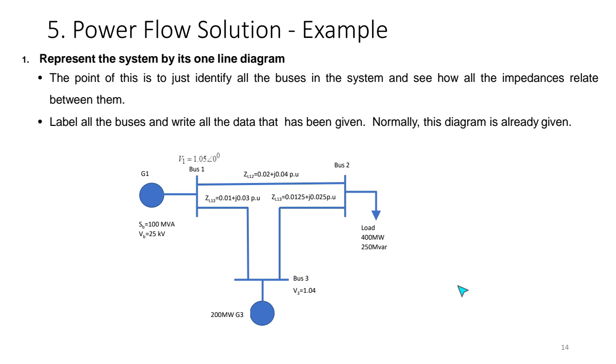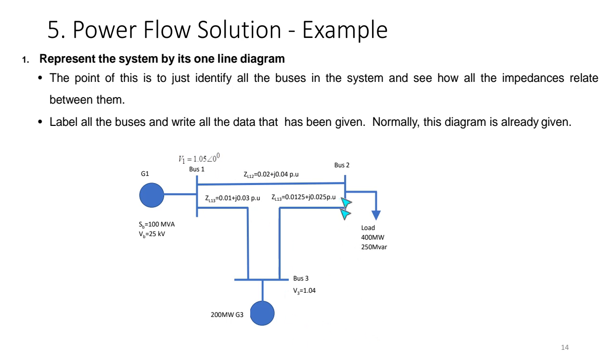So the next half of this lecture, we will discuss the application of the Newton-Raphson power flow method for this three-bus power system network. We know this network very well because this is a network that we used to model in MATLAB. Bus 1 has a slack generator, which has a 100 MVA base, and the voltage of this bus is 25 kV. But for the initialization of the load flow, we assume the voltage is 1.05, angle of 0 degrees,